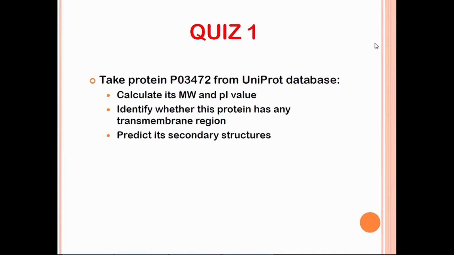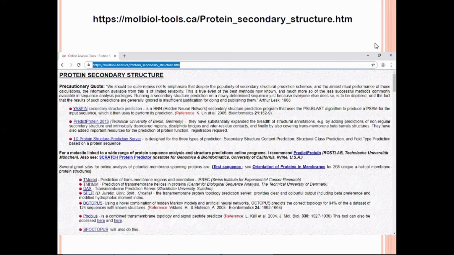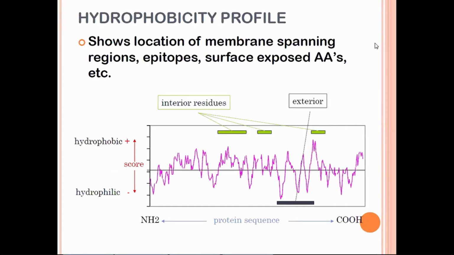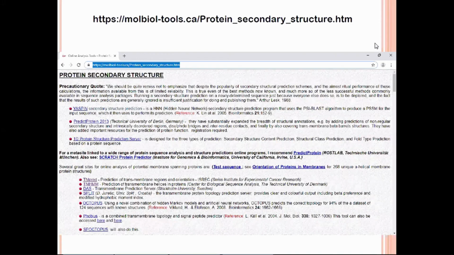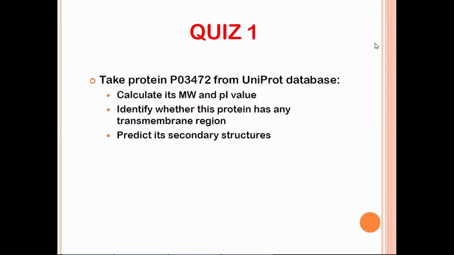PI is the isoelectric point, and then you identify whether this protein has transmembrane region. Yeah, transmembrane region maknanya dalam protein tu dia ada region yang dia masuk dalam membrane. Yeah, sama macam water channel. You remember my lecture, right? Water channel is located at the membrane. Yeah, located in the membrane. Yeah, so dia dekat pintu, dekat dinding tu dia macam pintu. It will allow the water molecule to enter the room. Yeah, so predict whether this protein has transmembrane region.